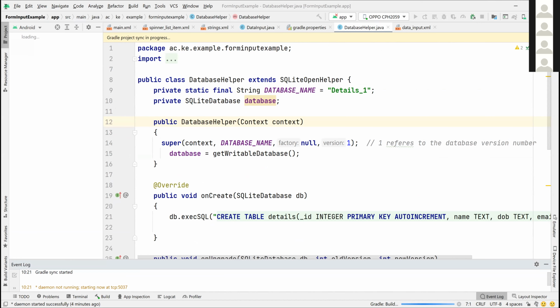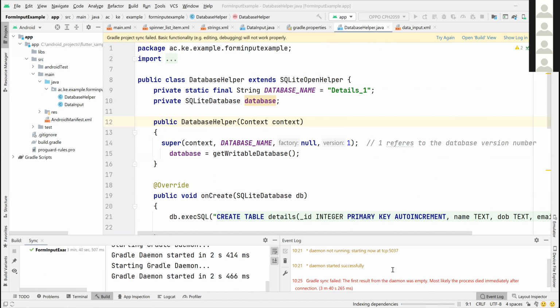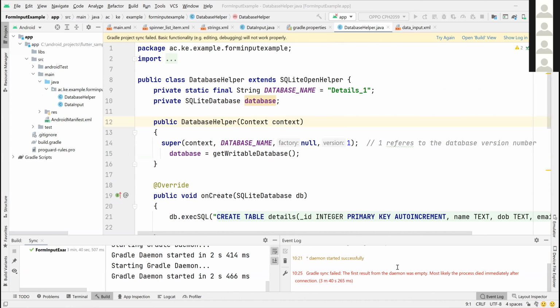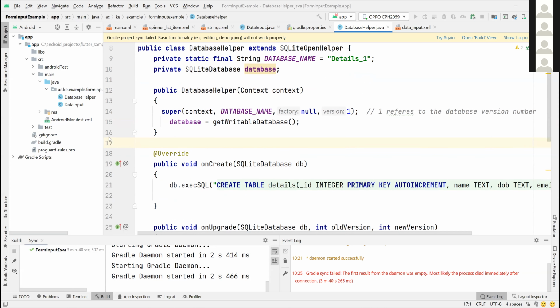So I want to check that. So that is the error that I'm getting. I believe that it's saying something to do with my connection. There is a problem with the connection, but we can still go ahead. Now, so